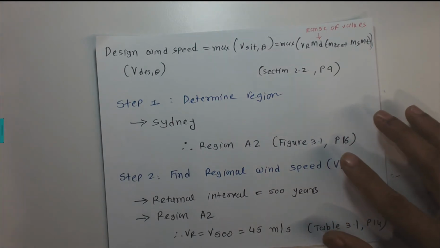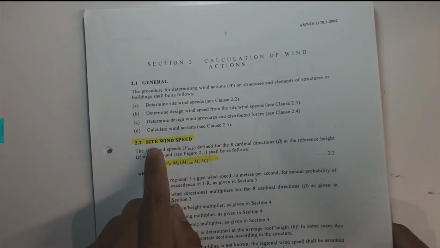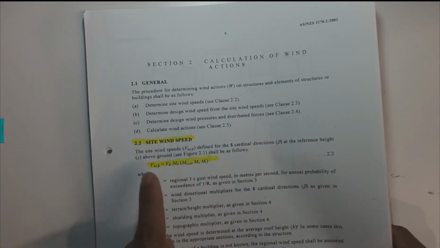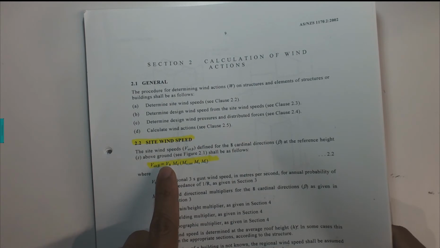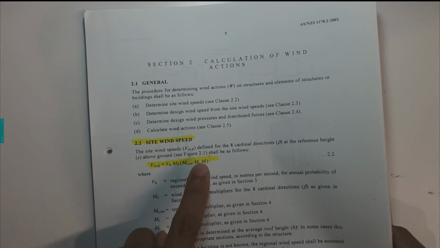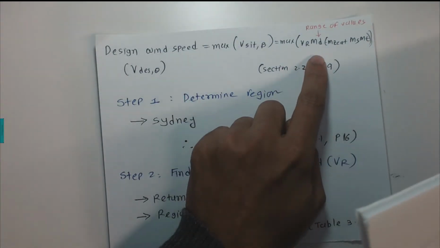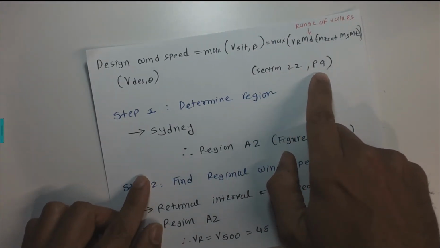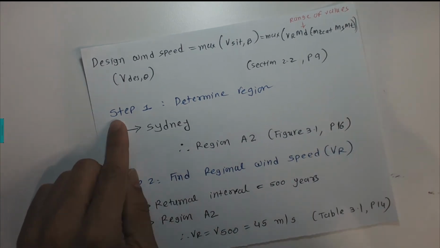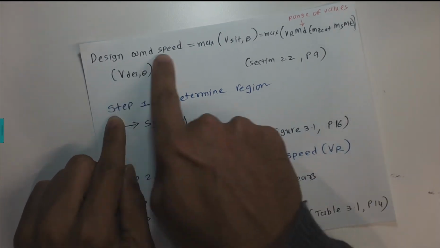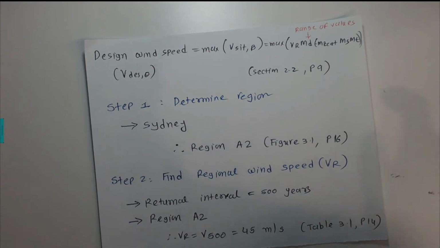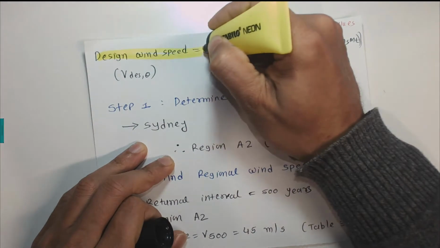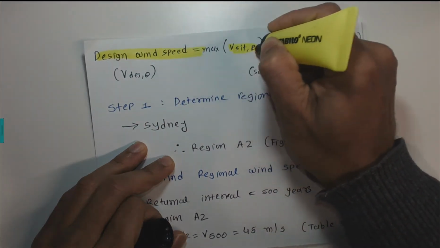The site wind speed is taken from the Australian standard 1170.2, and V site beta is equal to VR, MD, MZ cat, MS, MT. That's exactly what I copied here, and I also wrote section 2.2 on page number 9. To solve these problems, we need to find the design wind speed as given in the question. To find it, we need to find the various